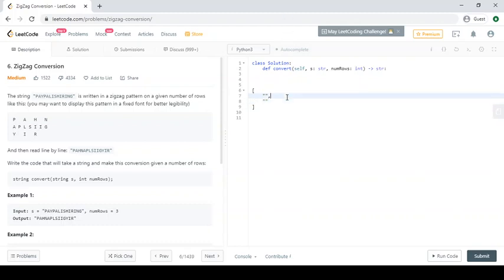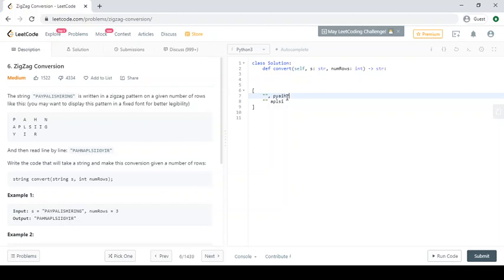So we will append something like, first we will append P into this, then Y will be downside, then A downside, then Y upside, then P downside, then A upside, then L downside, then I upside, then S downside, H upside, then I downside, then upside direction.